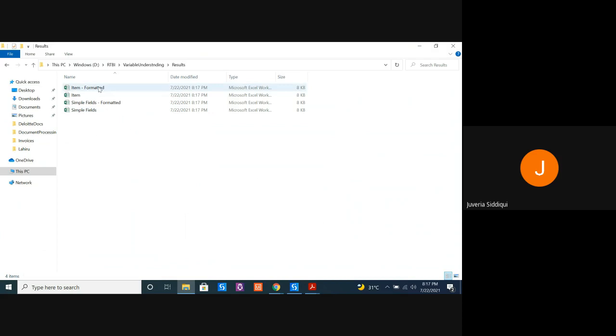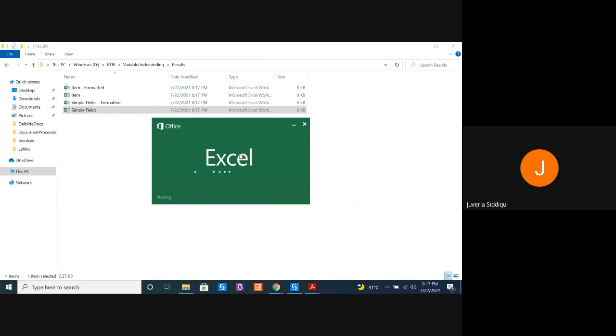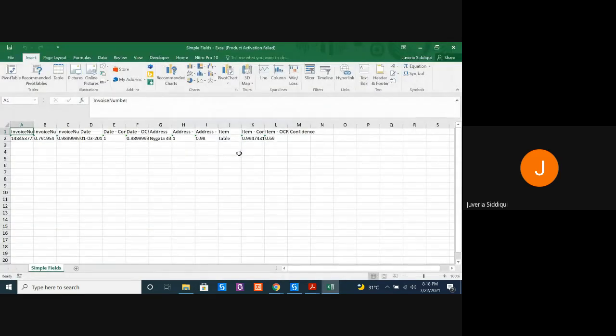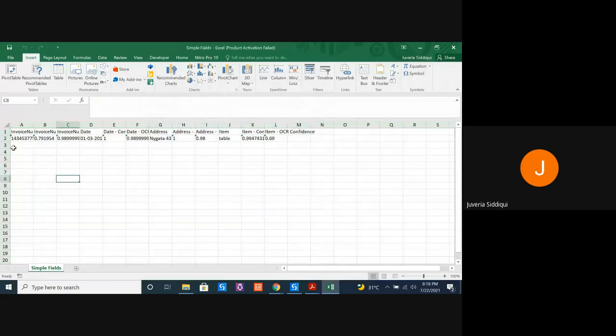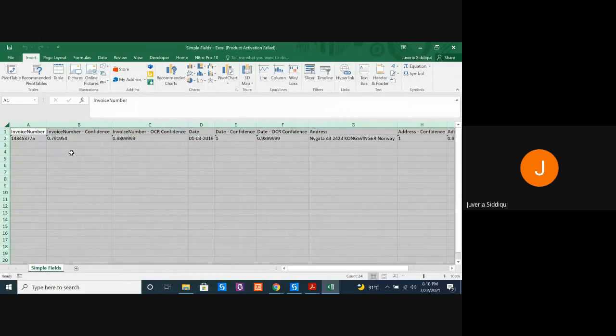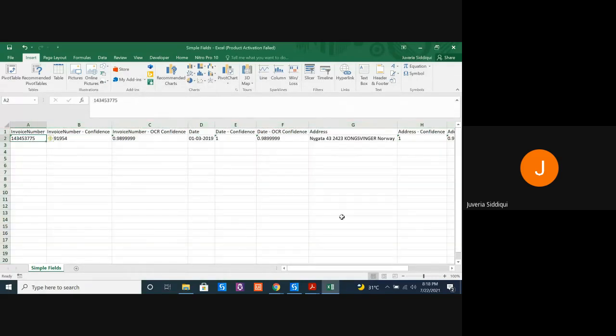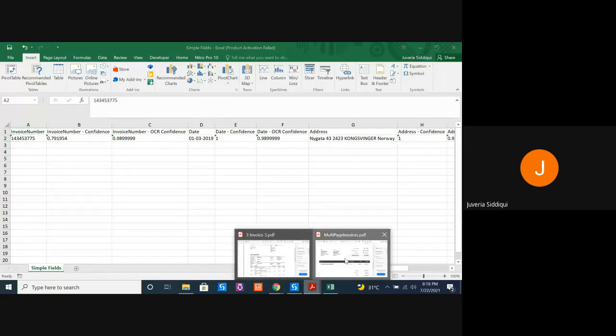So here's the whole result that we have. Let's start with this first. All right, so all the simple fields were extracted and kept in this document. Okay, one more thing, I'll tell you what happened, but let's see.